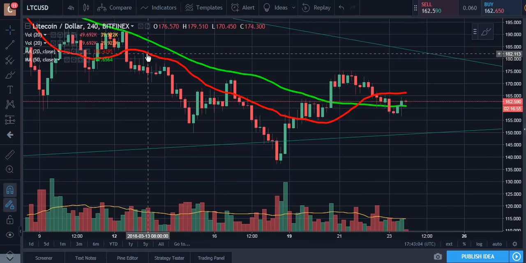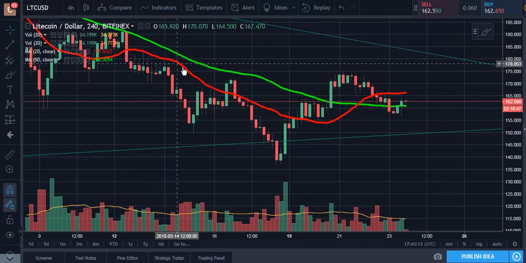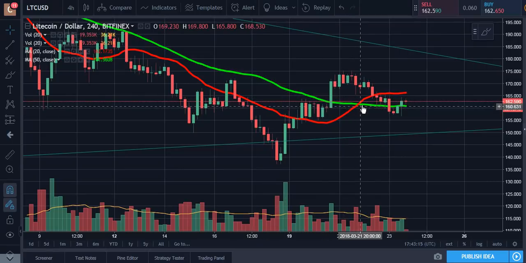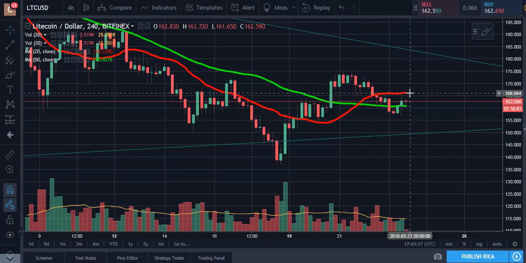I've always had trouble looking at other people's charts, and it's kind of hard to see sometimes. So I put them a little bit thicker for you guys, and this is our 20. As you can see right here, guys, it is acting as a resistance for us right now. We tried right here, we came back down. Right here, we came up a little bit more, we came back down. So we've been watching this, and this is on the 4-hour chart.